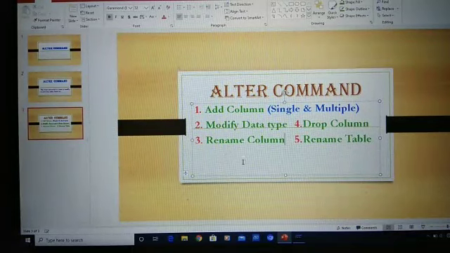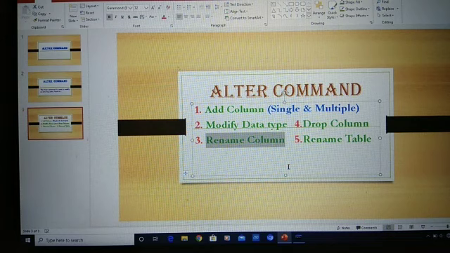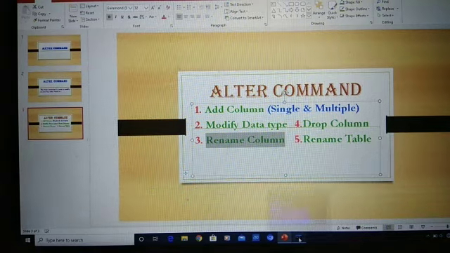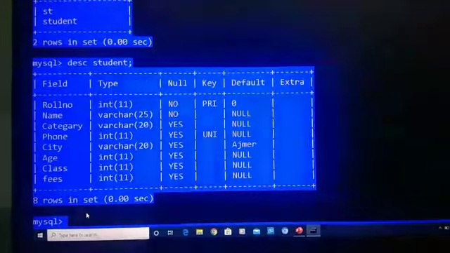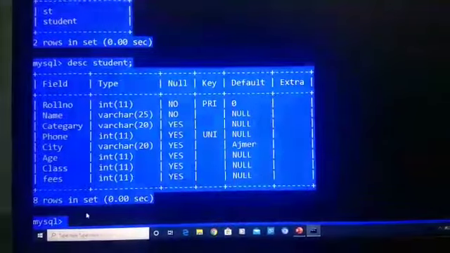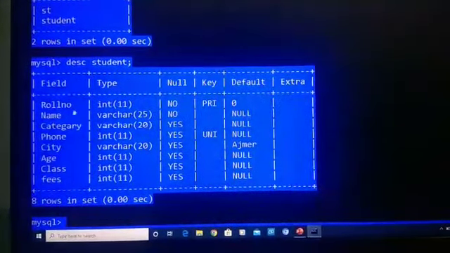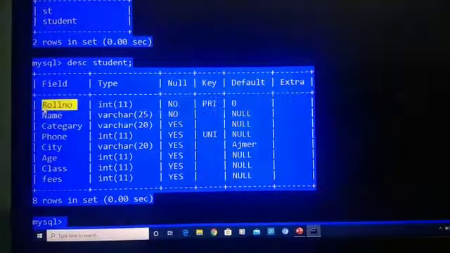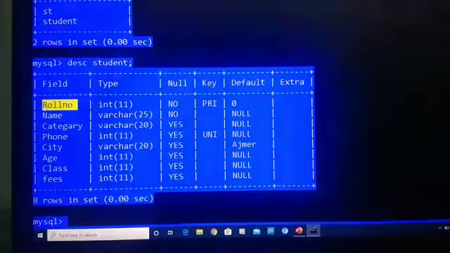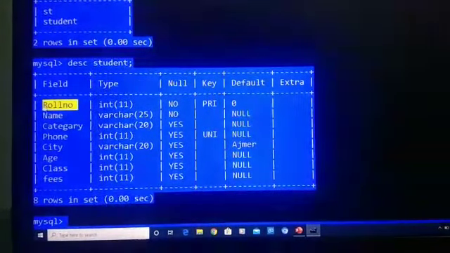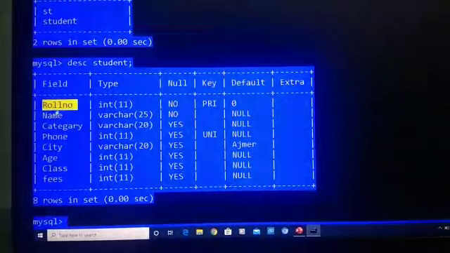Next is rename column. If you want to rename your column, then also we will use the alter command. Suppose we have to rename our roll number column. We want to change our roll number column, and now we want it to be roll underscore number.